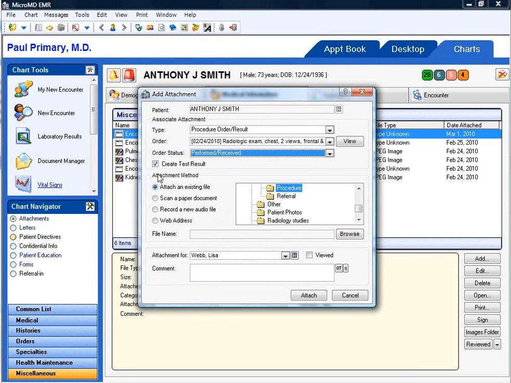The next section, the attachment method, you can either attach from an existing file, scan a paper document, record a new audio file, or web address. And I'm going to go ahead and click on Scan a Paper Document. And you can see a procedure order result. You can see also that it highlighted the correct folder in the attachment method section,